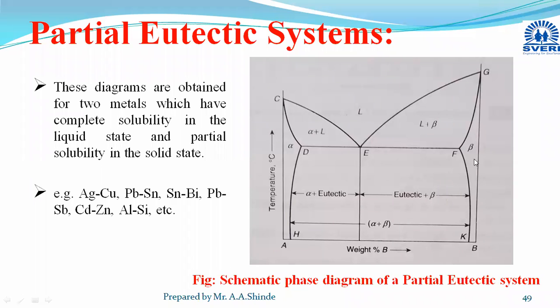And these two are the solvus lines indicating the solubility of one element in the other element. And this DF is the eutectic transformation line. Okay, now this is the explanation. After this explanation, you have to mark some curves by considering the compositions according to the nature of the diagram. And as per the nature of this diagram,